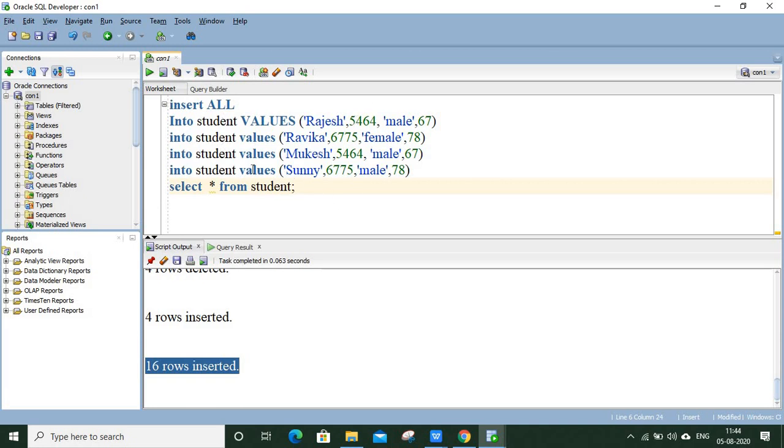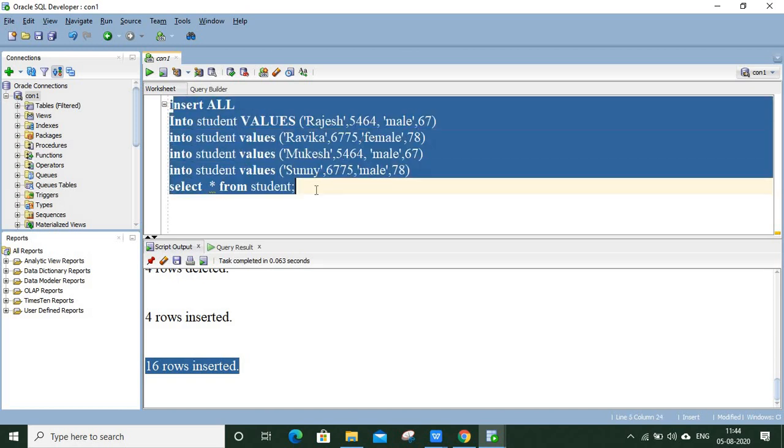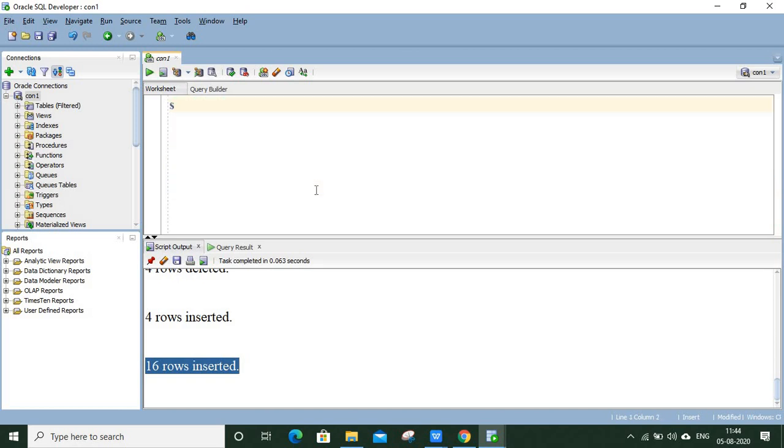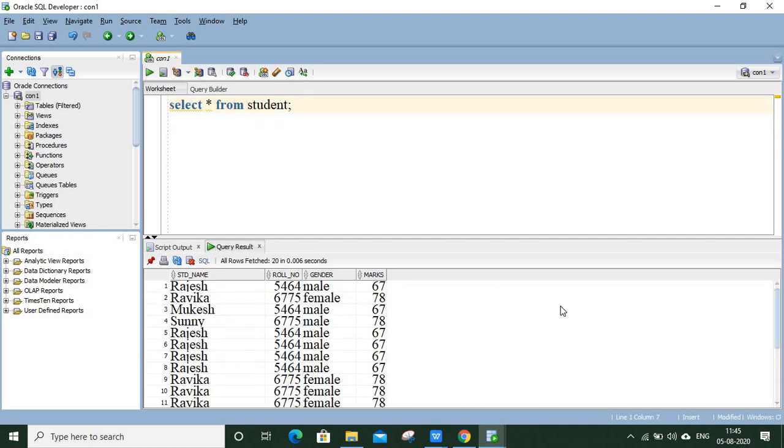Okay, so now you can see again the rows present there. Yes.